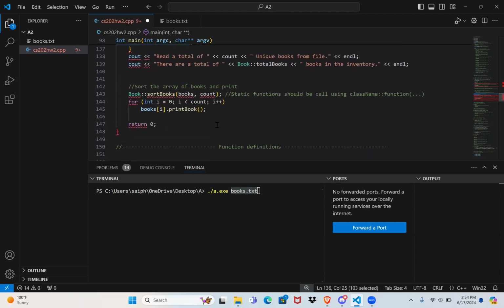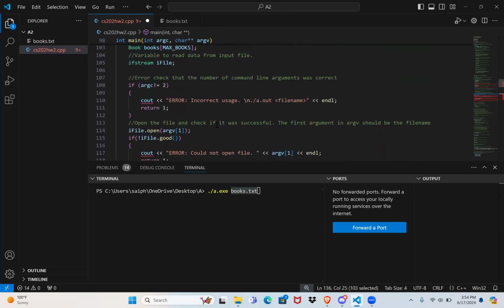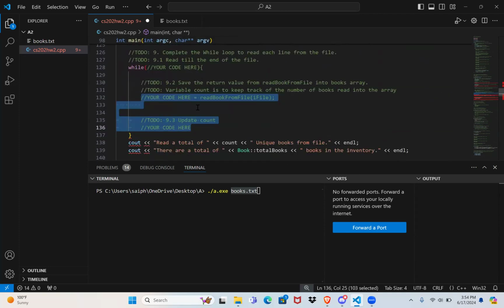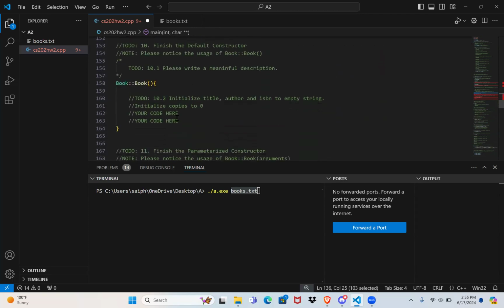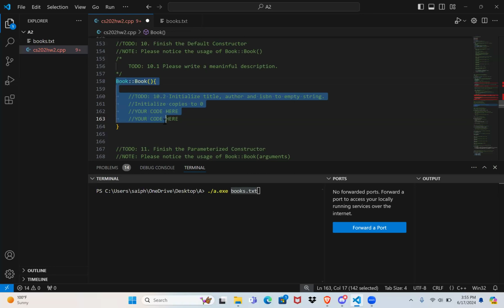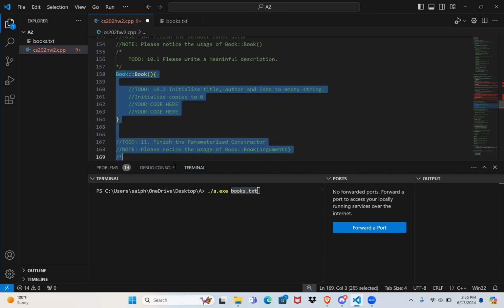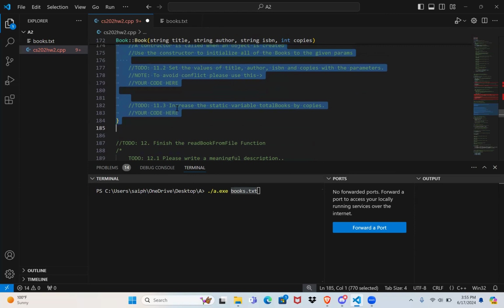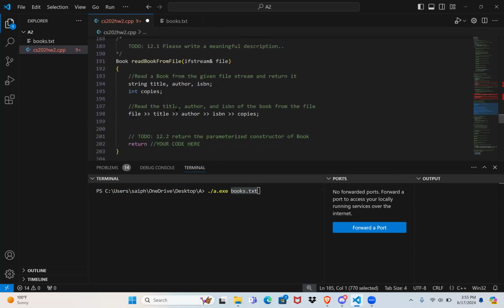So that pretty much concludes the main function. So in the main function, all you would be doing is declaring an array and then completing this part of the while loop where you will be reading data from the file, calling this function read book from file for every line, and then updating it into the array. After that, your task is to complete these constructors, both default and parameterized constructors. So we have seen this quite a few times in the class. So the instructions are also pretty much straightforward. Go ahead and do them. And